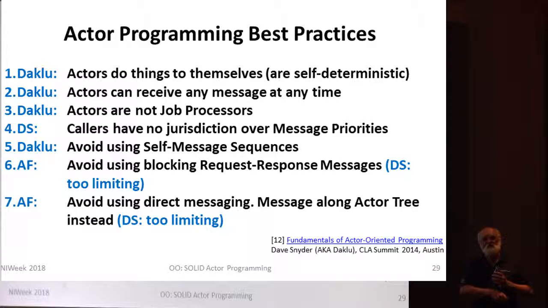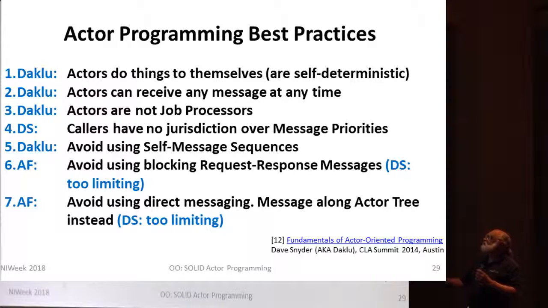Oh, you mean course. The course, yeah. Actor-oriented design in LabVIEW. A good chunk of the slides in the first 45 minutes are Dave's, which he permitted us to use because he's that kind of nice guy. Is Dave here? No. So by all means, go read that. I talked to him yesterday about it, and he said maybe he needs to put in the effort to update it and present it at the next NIWeek. So I think we should encourage him.